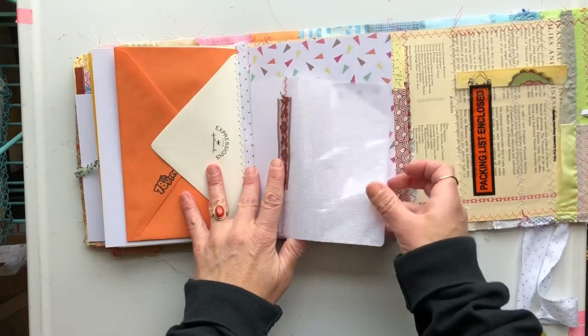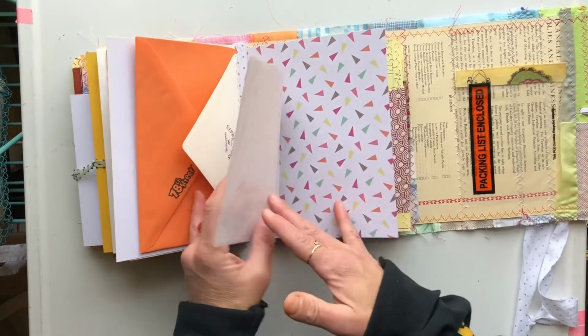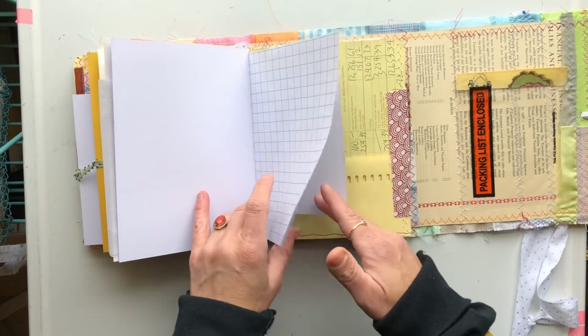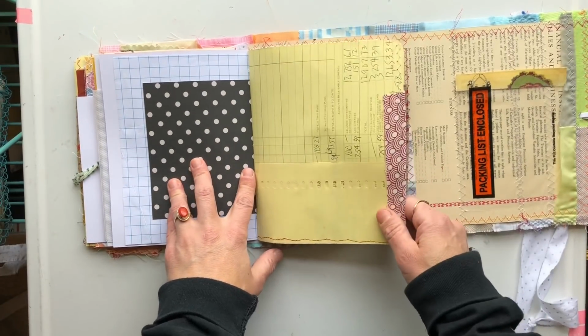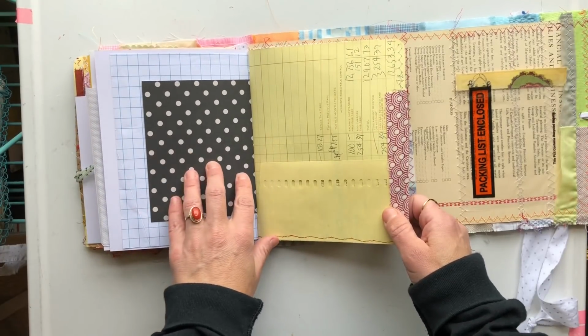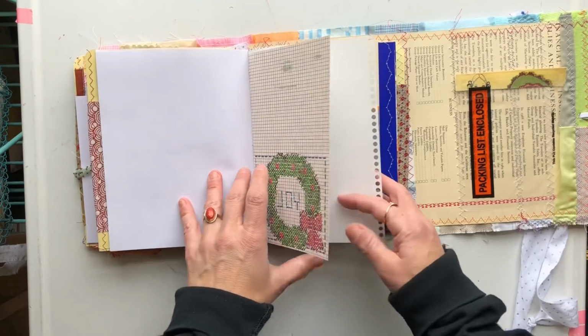So then the third signature is just like the first one. It'll have a photo album page stitched to some scrapbook paper, more heavy scrapbook paper, cardstock type of material, grid or graph, a shorter piece of cardstock that's printed on one side, ledger paper, scrapbook paper, some sort of